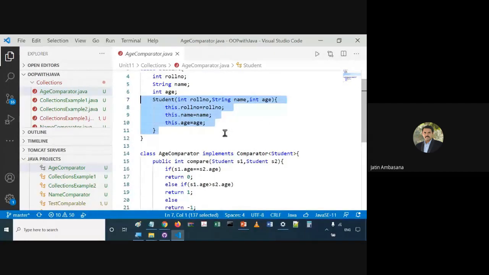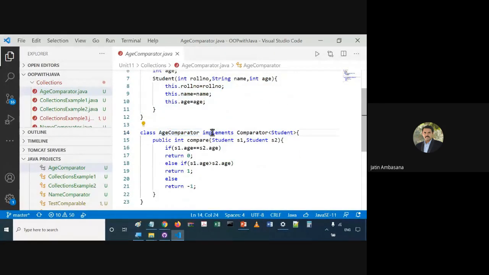We say AgeComparator implements Comparator for Student. Now see, this is a different class which just implements the comparator for student. It will have a compare method where two student objects are passed, and it would return 1, 0, or -1 accordingly. That is, it will return an integer.